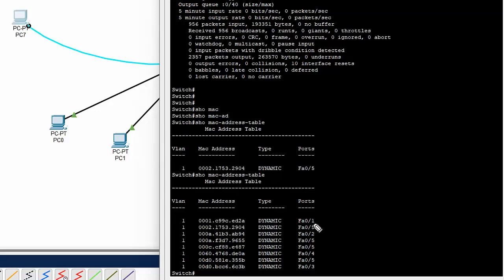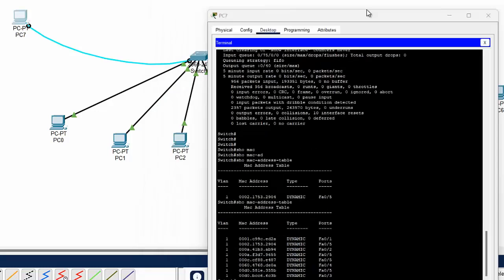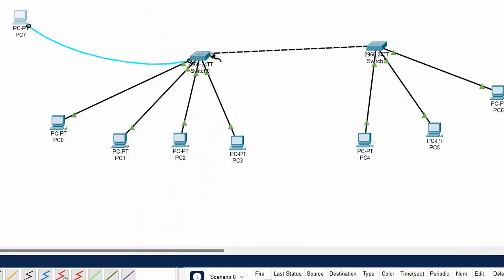So on F01 this MAC is connected, F05 this MAC is connected, on the 2 this MAC is connected, 555. So why are there multiple 5s? Any idea? Because this 5 interface is connected with the switch.